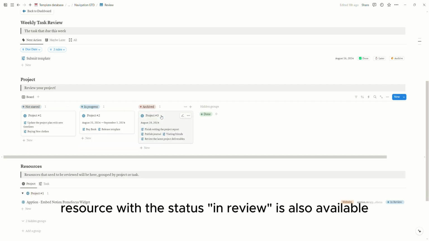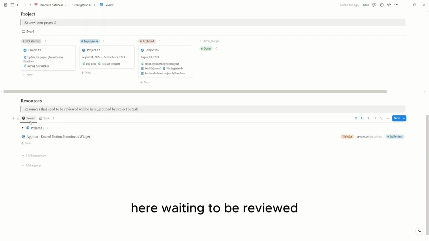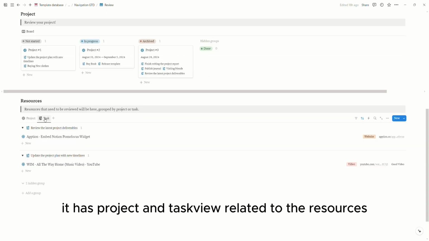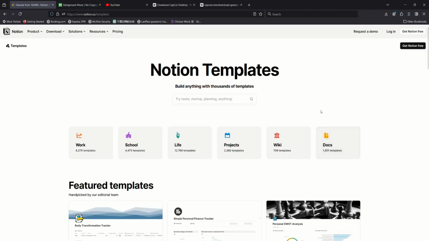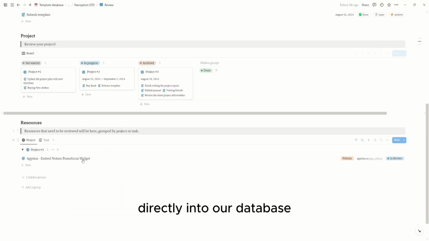Resources with the status in review are also available here, waiting to be reviewed. It has project and task views related to the resources. For the resources, we can use Notion Web Clipper and then connect it to our resources database to easily capture